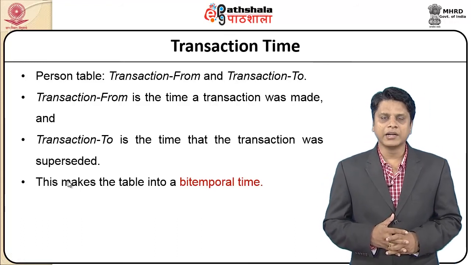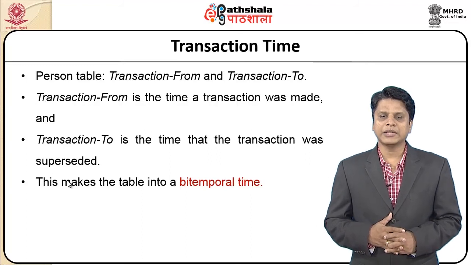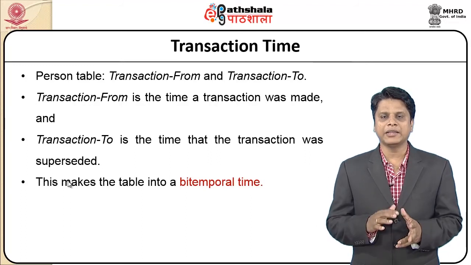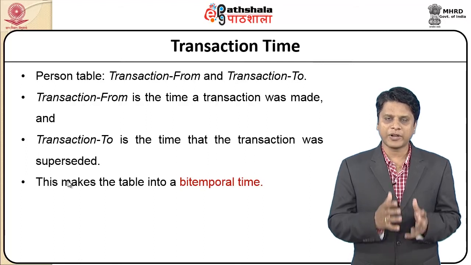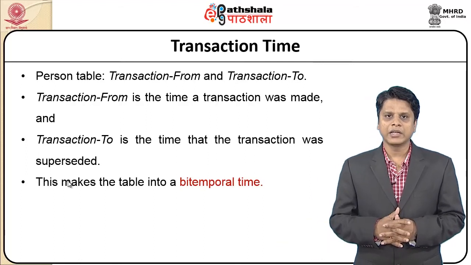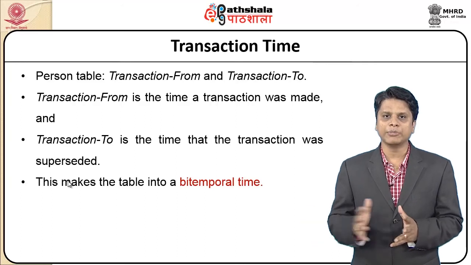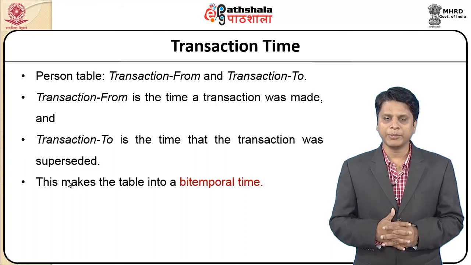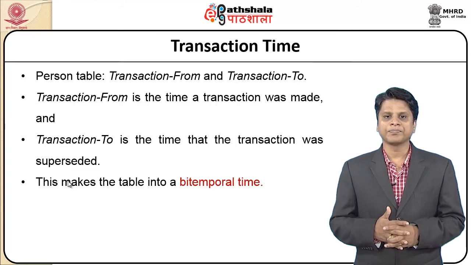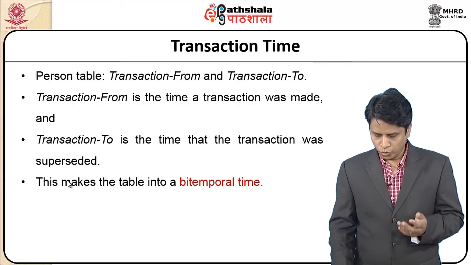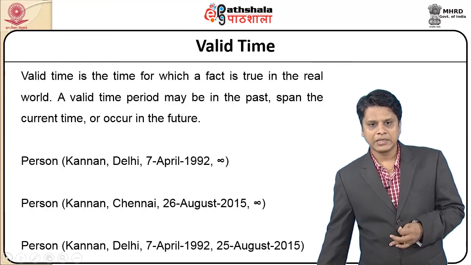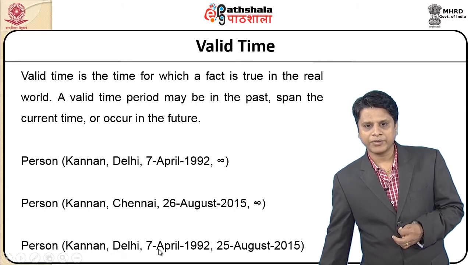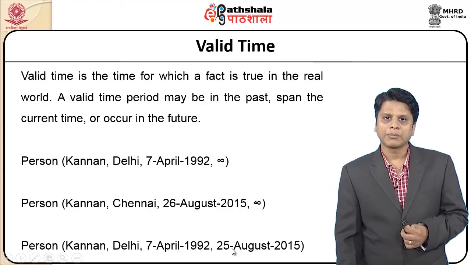As I have stated earlier, bitemporal time is nothing but both the valid time and the transaction time. When I have a from and a to time which is clearly identified on the person table, then in that case I am trying to define what a bitemporal table or bitemporal time means. If you look back to the example I have given on person, say Kannan who has lived from to, this is a time which says both from and to, this becomes a bitemporal time.